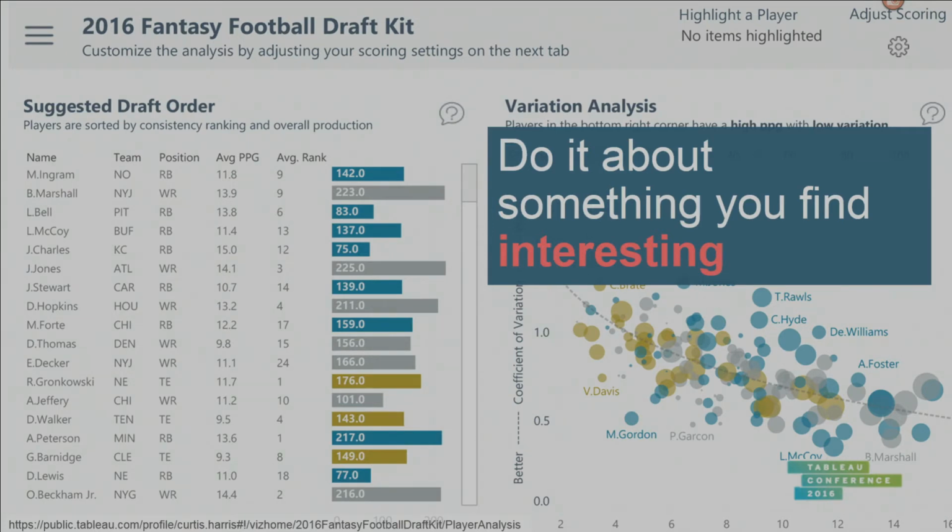We're looking at a viz by our current Iron Viz champion. I hope you guys saw him yesterday on the big stage, Curtis Harris, and he is a mad keen American football fan. And this is his Ultimate Fantasy Team League. So he won his, and I don't know much about American football nor Fantasy League, but he won his Fantasy League competition last year with some pretty clever modeling and visualizing it so he could easily understand what was going on.